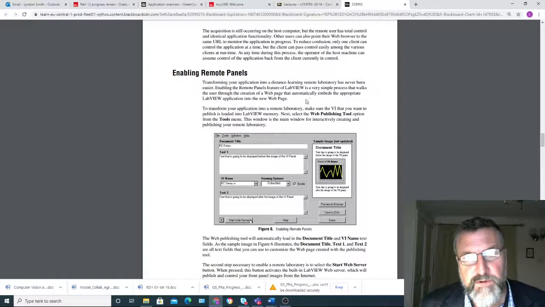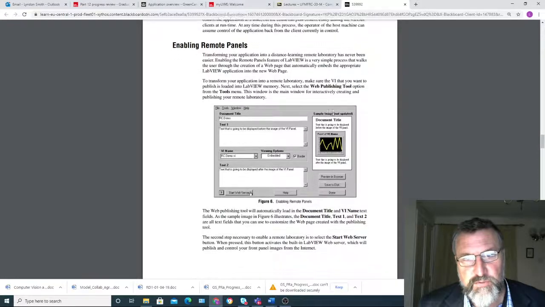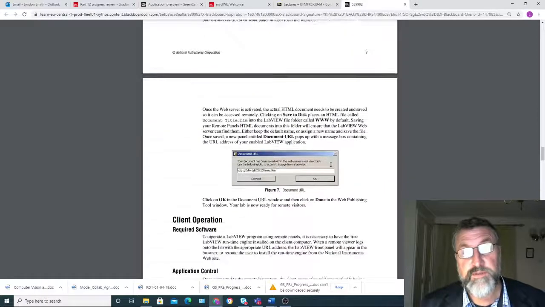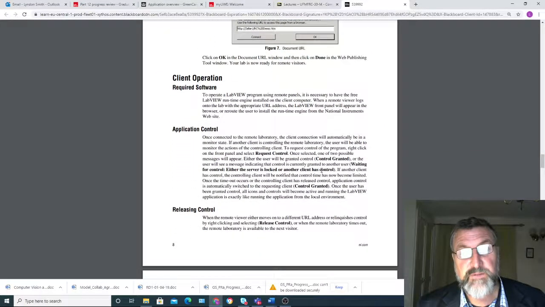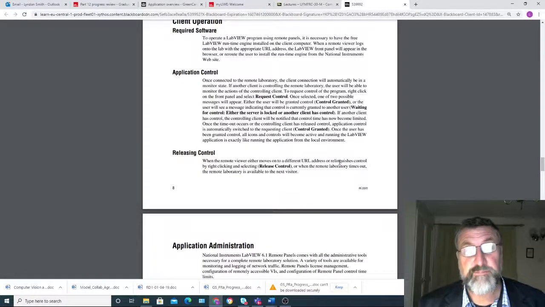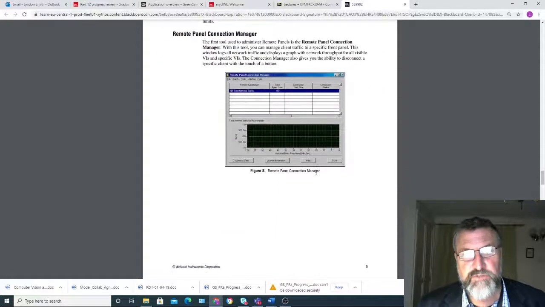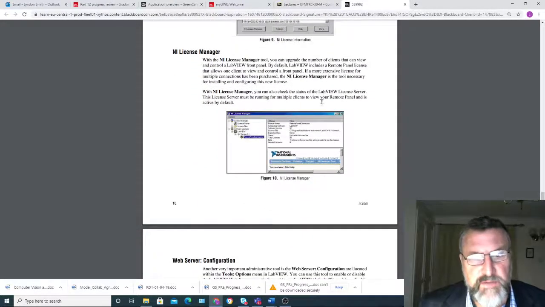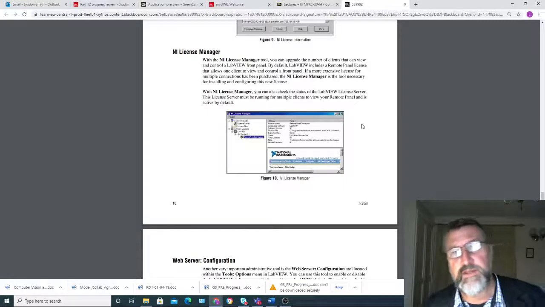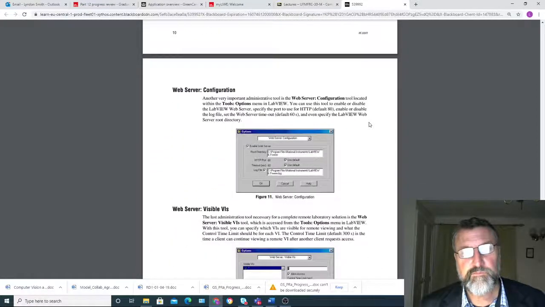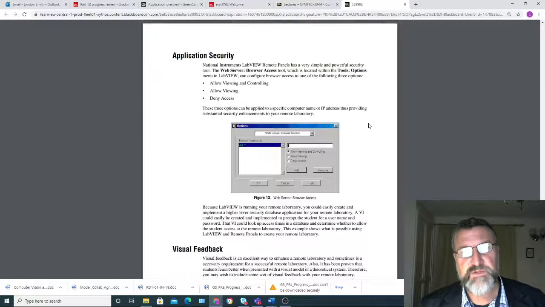Enabling remote panels, I won't read it all out, but it's web publishing tools and all the information is there. You can look this up on ni.com to get the latest information on what you can do with this. Client application control, releasing control, you want to let people access it when they've got the right approvals and code names. Connection manager, it's all been developed there. You won't necessarily need to get into this. I'm not going to ask you in the exam to start implementing programs using this, but I want you to be aware of its capabilities and the kind of things you can do with software like LabVIEW. Web server configurations, application security, visual feedback,